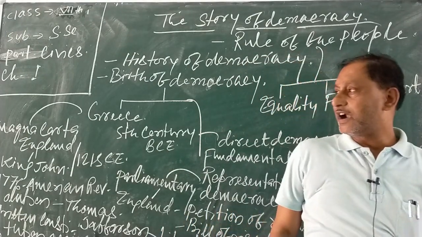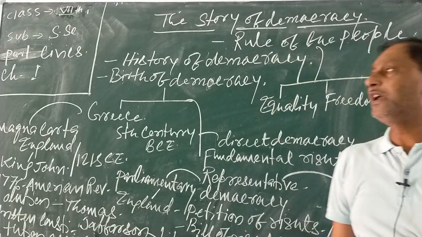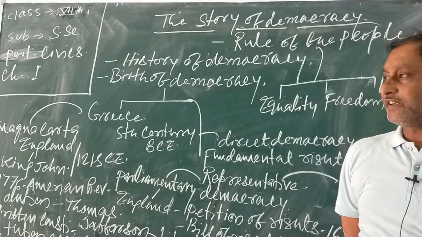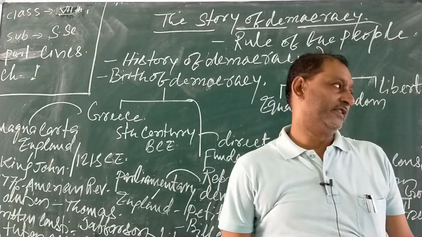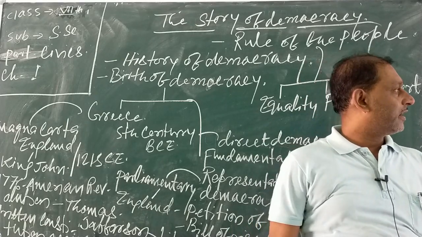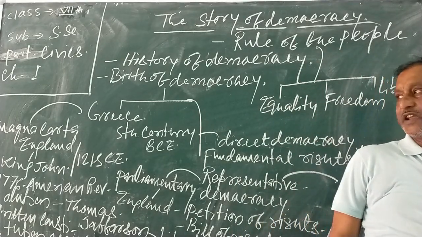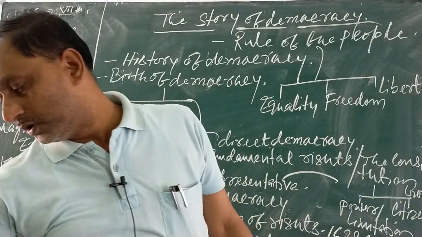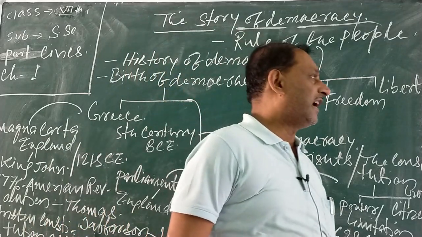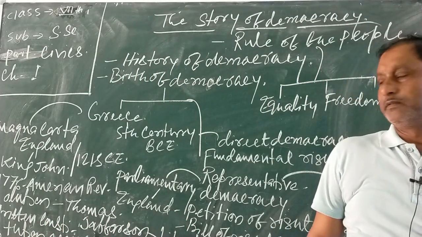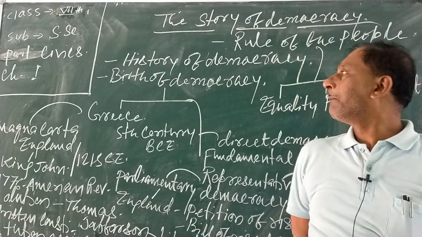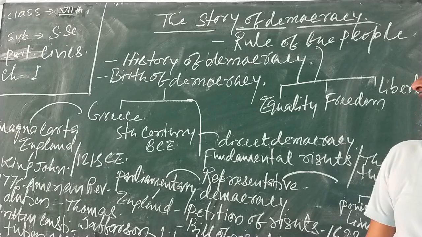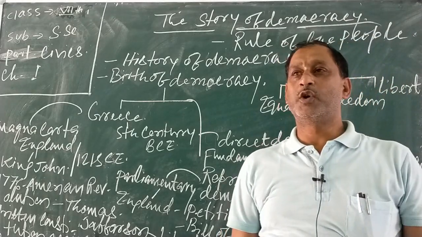Today I am going to start chapter 1, Civics, Standard 7, on the direction of the CBSE through the online classes. For a better understanding of the students of Standard 7, it is quite essential to understand the social science related to chapter 1, Civics. This chapter is about the story of democracy. A story of democracy